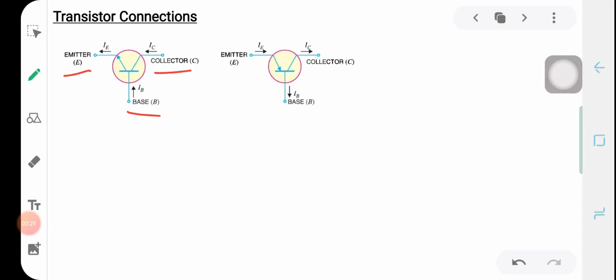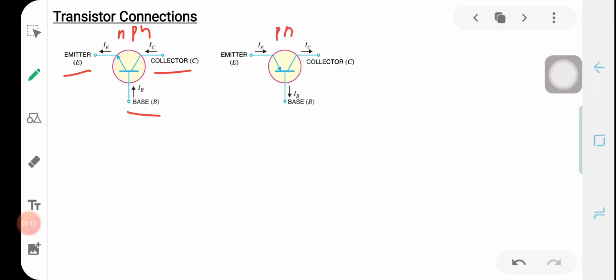So, the connections of a transistor circuit are established by making one of the terminals common to both input and output. That means we will make either the emitter common to both input and output, or the base a common terminal for input and output, or the collector the common terminal for input and output. These two diagrams represent the symbols of an NPN transistor and